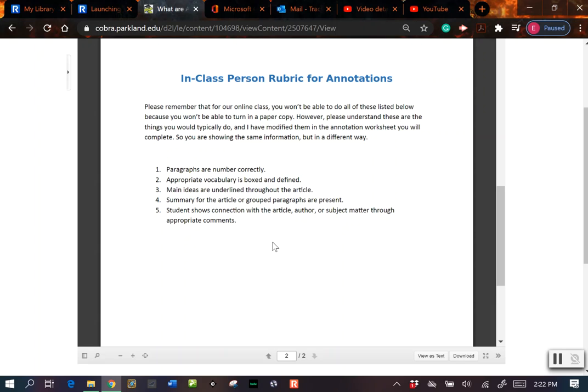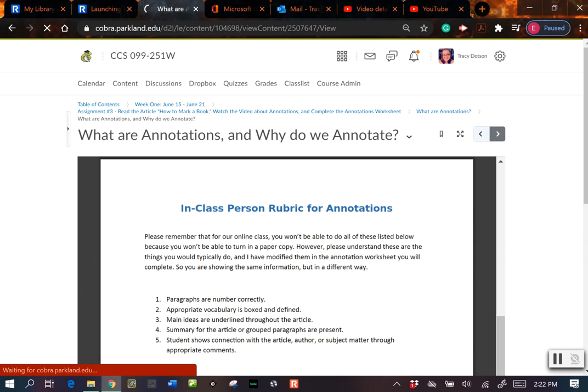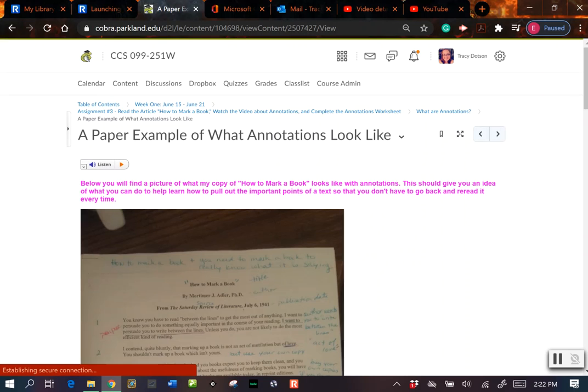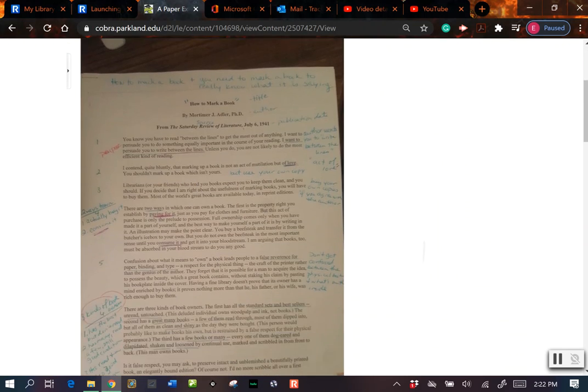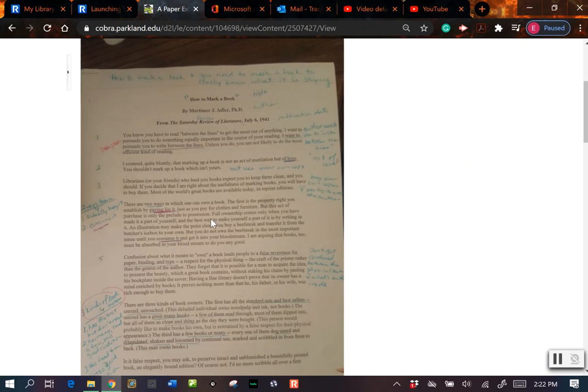It's going to do the same, to show that you've actually worked with the text. So let's take a look at what a paper copy of annotations would look like, and this is what my copy of the article you'll be reading this week looks like. Okay, so numbering the paragraphs in the margins,